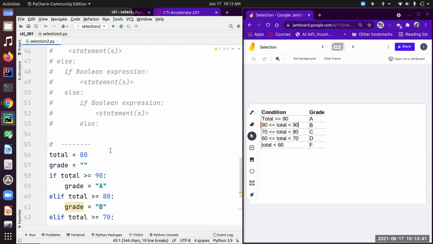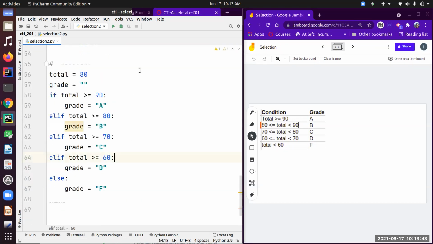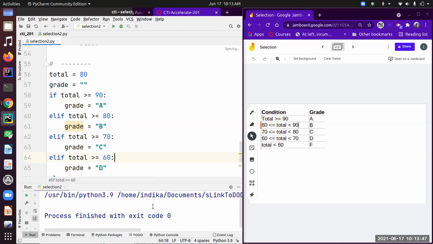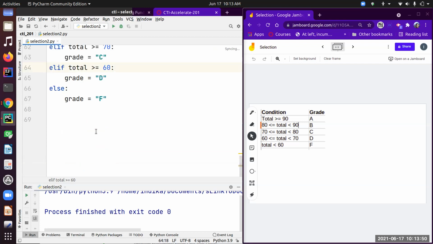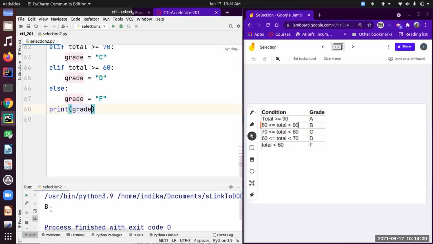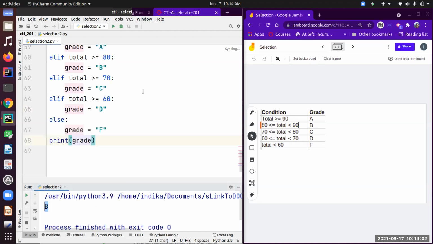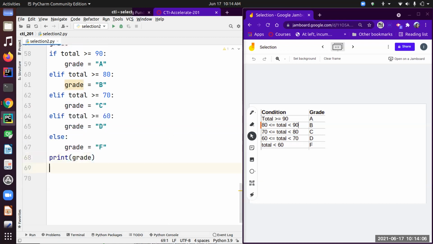Run this one, and I think I didn't print the grade, so let's print it. All right, got a letter B. Now let's formulate a syntax for this one. So this is the chained if else